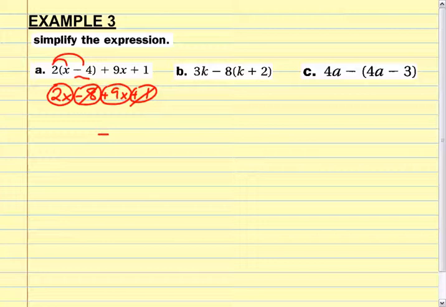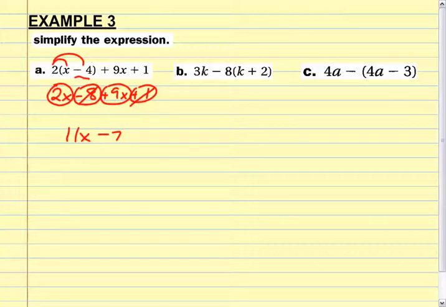Negative 7. Can I put anything else together? And what do I get? 11x. Now where do I put it, Catherine? Behind the 7 or in front of the negative 7? Not behind it. I always put numbers with variables in front of numbers that don't have variables,